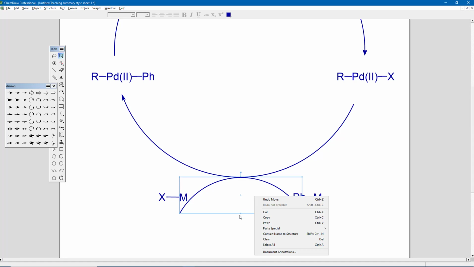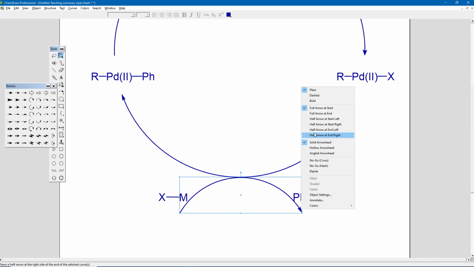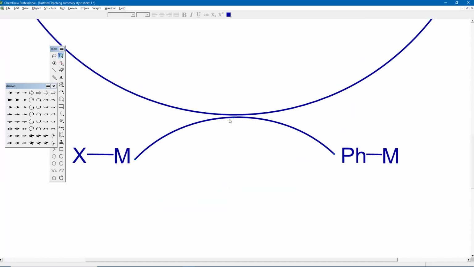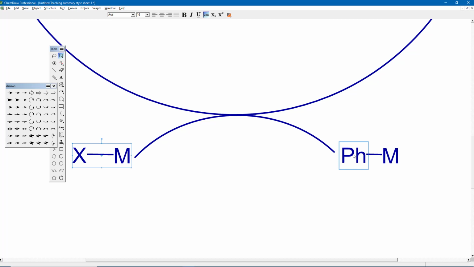So then I need to get rid of this arrow at the end, and now I can adjust my tails here so that they fit. Now this one is a little bit off. I just highlight it, take my arrows here, put it on, and maybe I'm still not really happy because it's a bit close here. Can move this one a bit out of the way, and move this one also a bit out of the way,